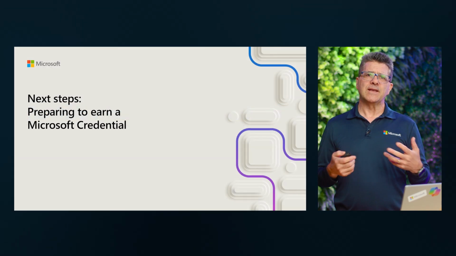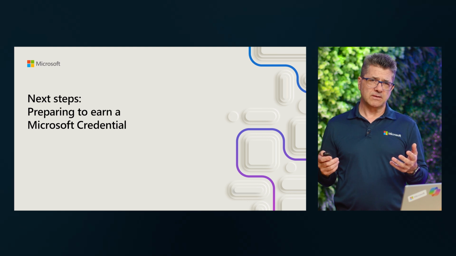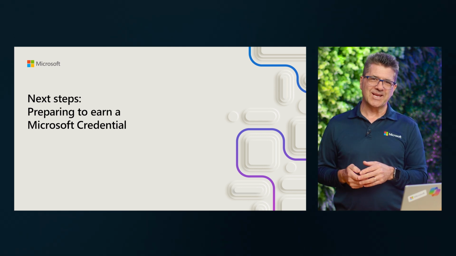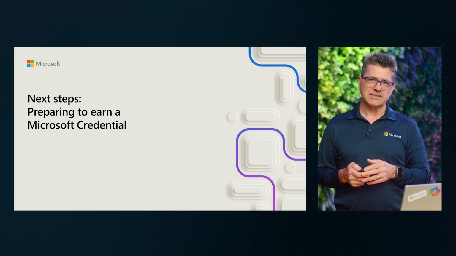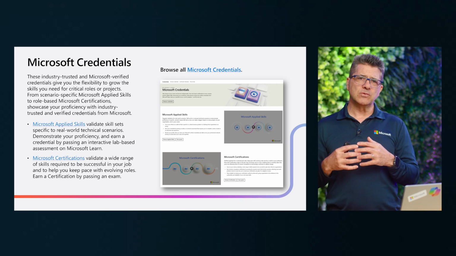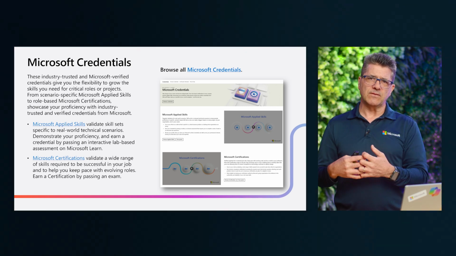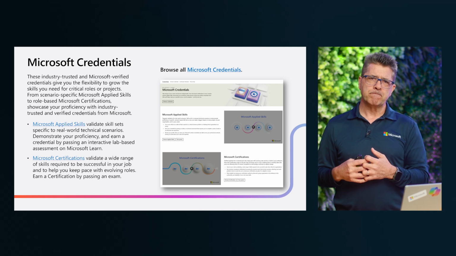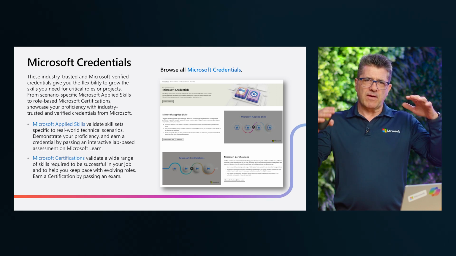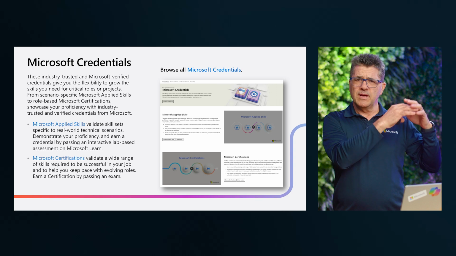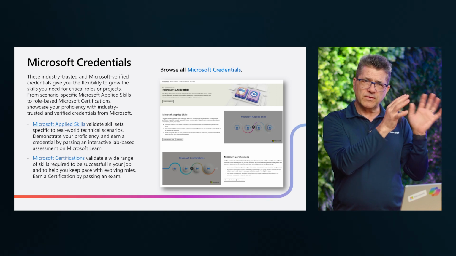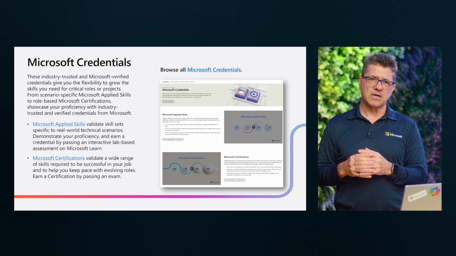And with that, what is the next step for us? Well, it doesn't stop here. We can continue our learning. We saw that I can do real-time learning with quizzes at the end of each of the modules, but there are more than just that. Now you may be able to search for credentials. Credentials are a great way to really prove that you know a specific segment, what exactly you are doing, right? So these credentials, we call this skills-based, Microsoft Applied Skills. Instead of having a 3, 4, 5-day class on a particular subject, now we have focused learning. I want to talk about Copilot only on this particular segment. We are building those credentials for that, for Copilot.